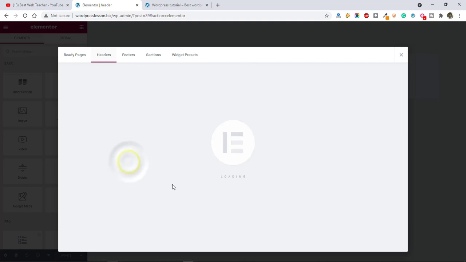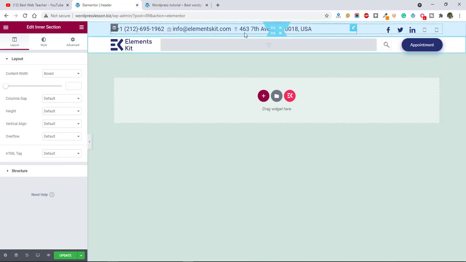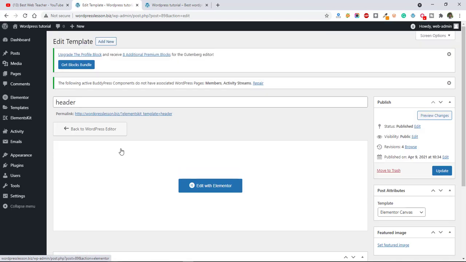So this is the free one. Click on insert and you can see it's successfully inserted. Just update it. After that exit to the dashboard